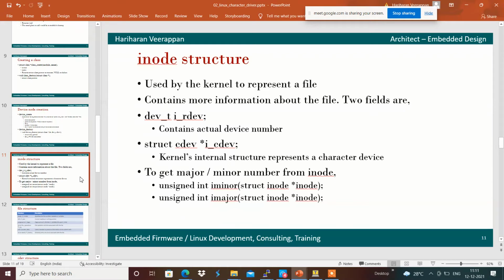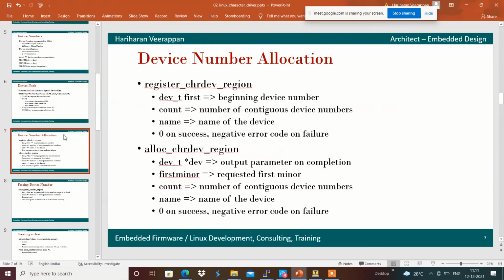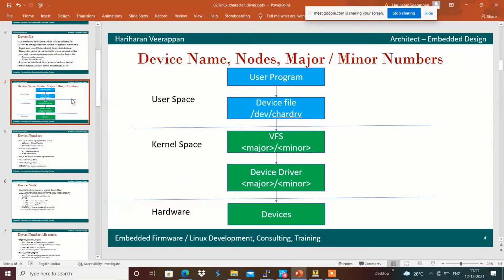Till now, what we have done is allocate the device number. Basically, the user program will be accessing the device driver with the help of a device file.